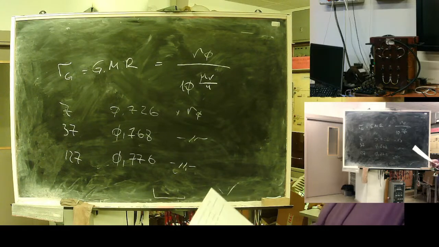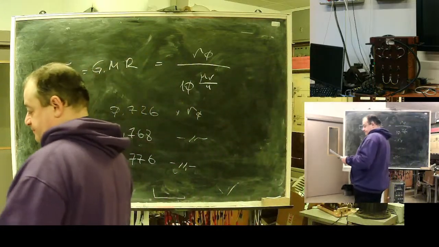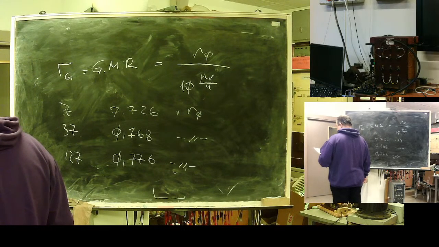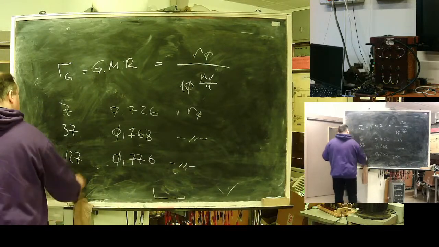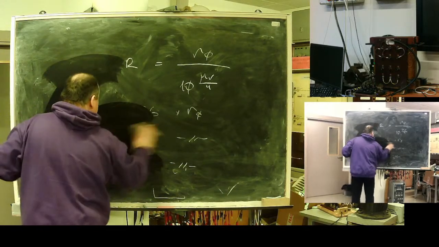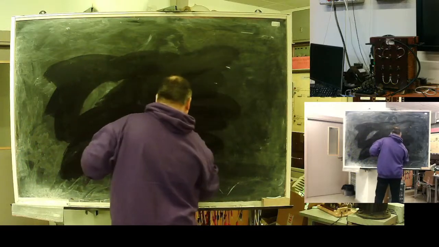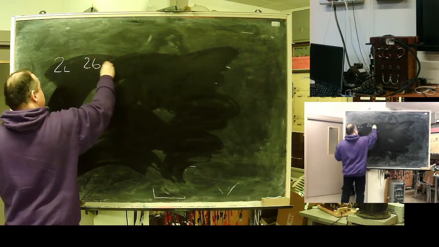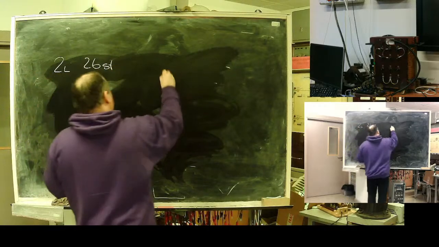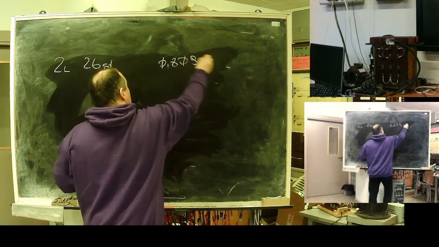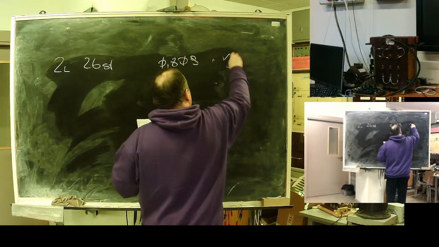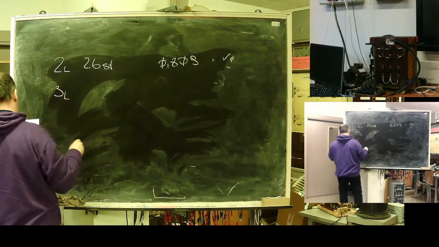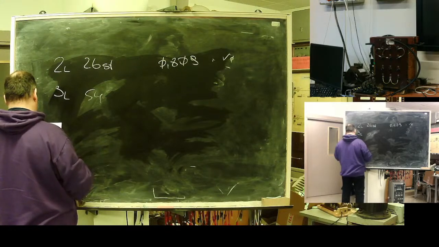For steel core, you will see something like two layers, 26 strands, 0.809 multiplied by R0, 3 layers, 54 strands,